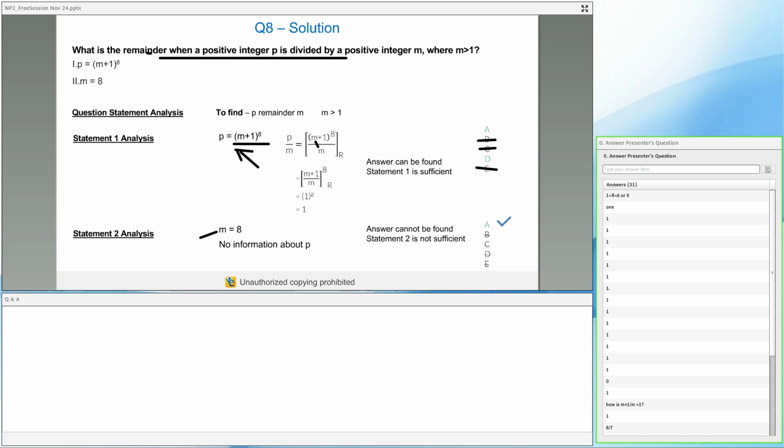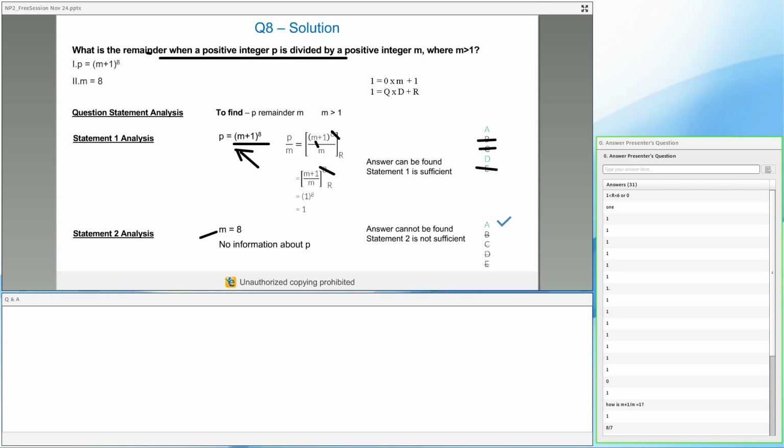Any other doubts? So Shreya, we are just ignoring the power. Just forget the power for a moment. Don't think about the power, okay? It's the same way that we are solving questions. We are forgetting about the power. We are not worried about the power now. We are just looking at whatever there is inside the power, m plus 1. So focusing on m plus 1, I am dividing m by m and 1 by m individually.